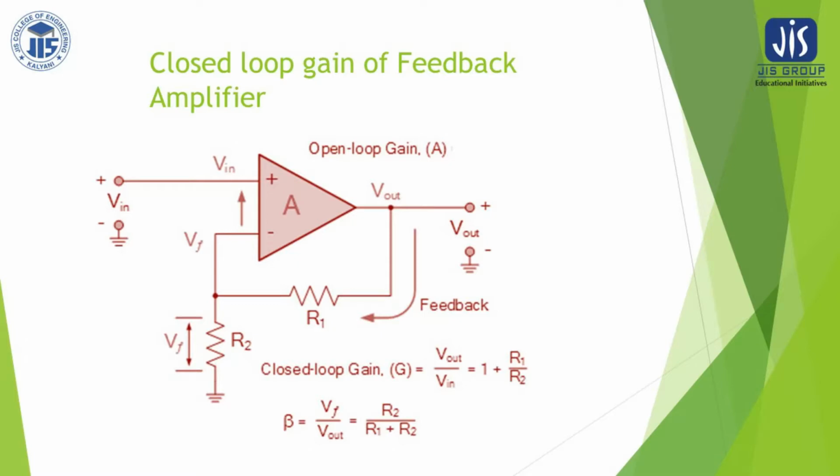From this equation we can take the ratio, that is X0 by Xs is equal to A by 1 plus A beta. So this is the overall gain due to feedback amplification. This is defined as AF, that is the overall gain due to feedback. It is very much clear that without feedback we are getting gain A, but due to feedback we are getting a reduction of this value, that is A divided by 1 plus A beta. Therefore this 1 plus A beta, which is called the amount of feedback, is also known as the desensitivity factor.